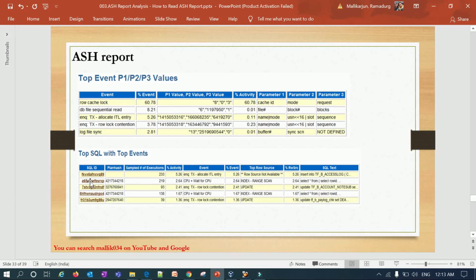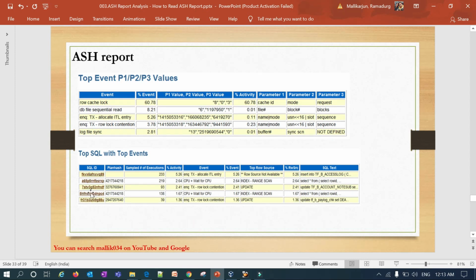And if you look into this particular SQL ID, it is doing a select star from and select row ID, like a select inside a select, like an index range scan, right? And then this particular SQL ID is doing an update on this entire table, right? So they are doing update table. So you have to look into that, and based upon that, you can determine what was happening at that particular time, why your query was not running.